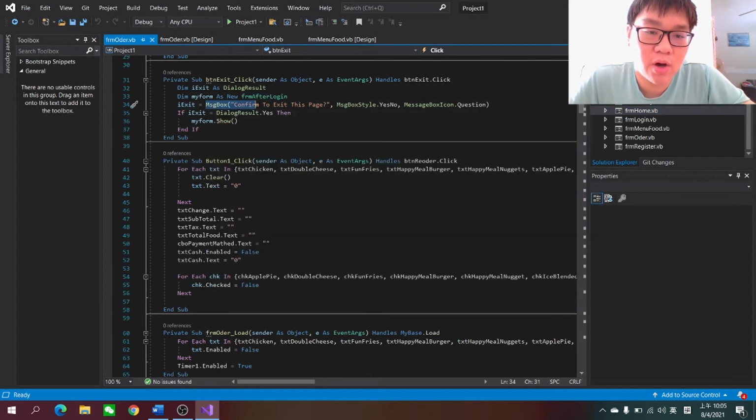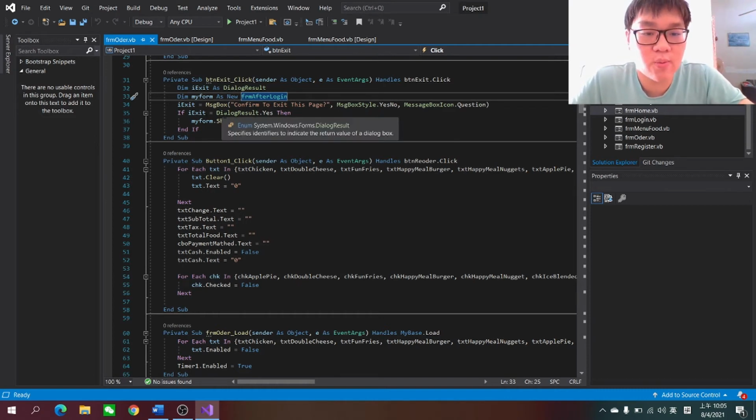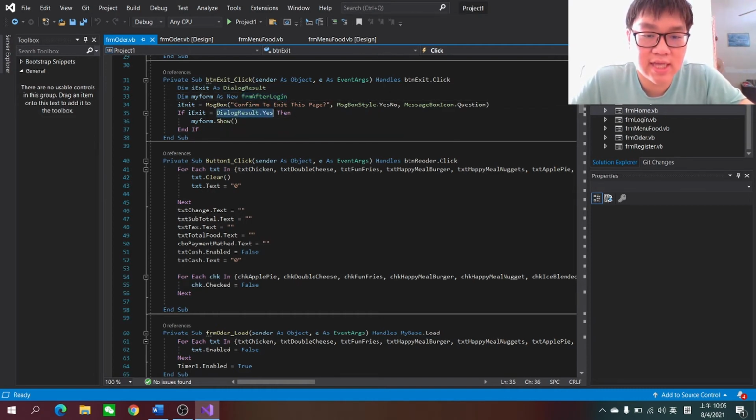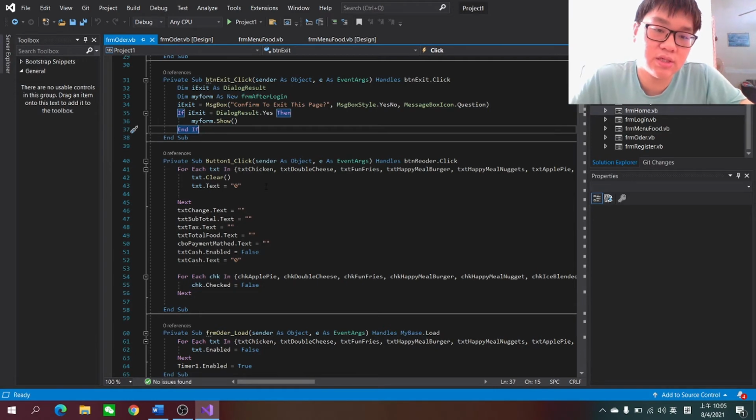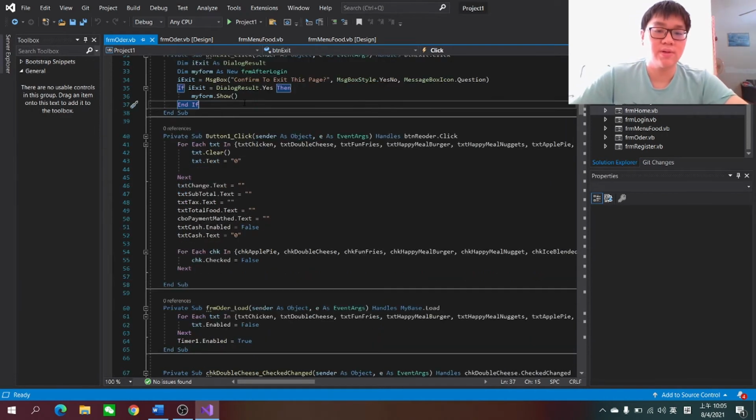Is equal to message box. When the message box comes out to confirm access to this page, with message box type yes or no and message box icon question, it will ask if you want to confirm access to this page, yes or no. When we select yes, it will go to the page after login, because for this other page, after you log in you can enter, and if you do not log in you cannot. Next, this is